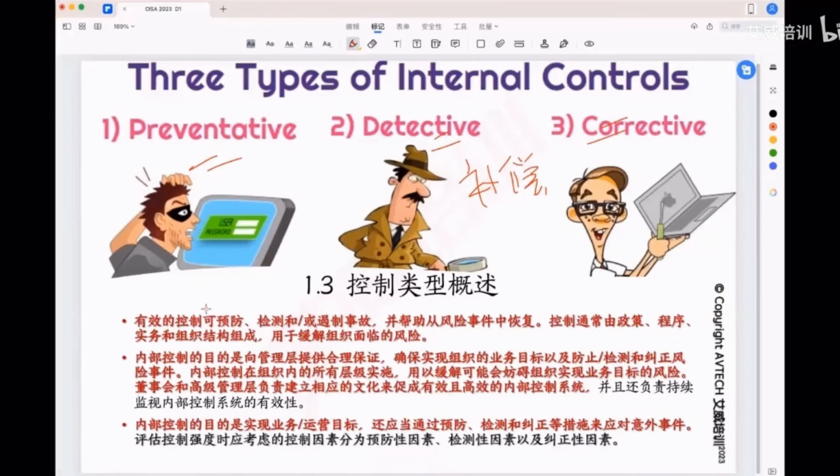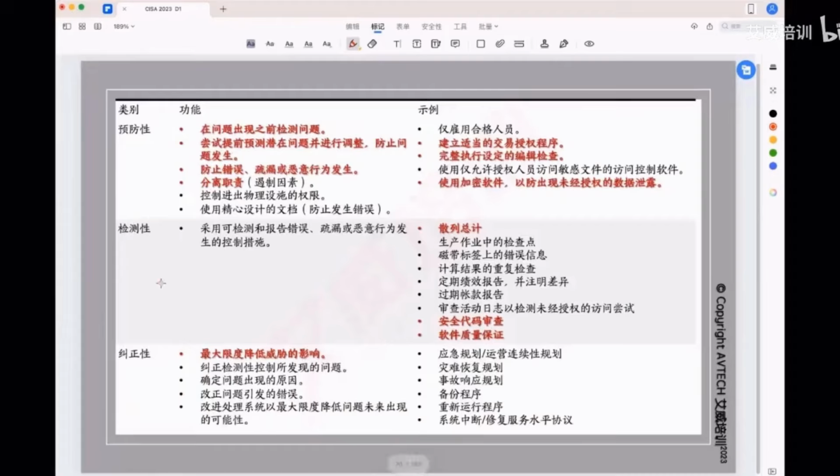Internal control is senior management's responsibility. Senior management establishes internal controls. These three categories are highlighted in example exams. What's a preventive measure? For instance, hiring qualified personnel and proper transaction authorization are preventive,